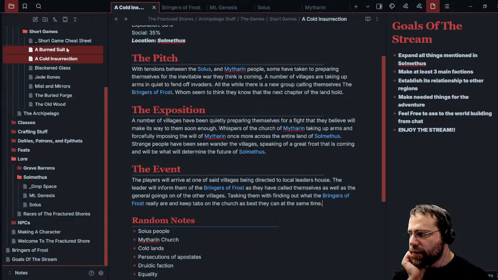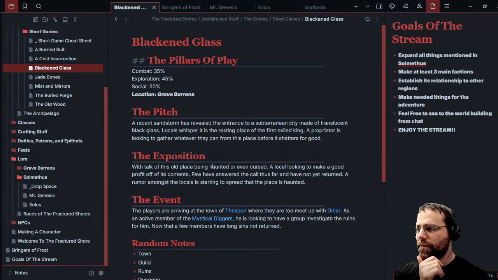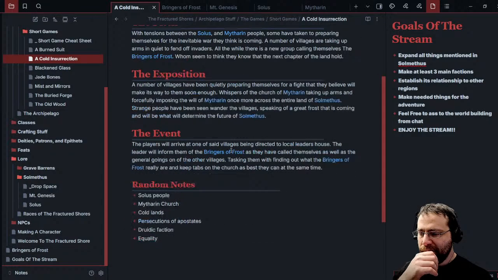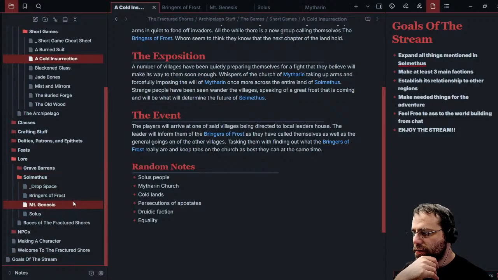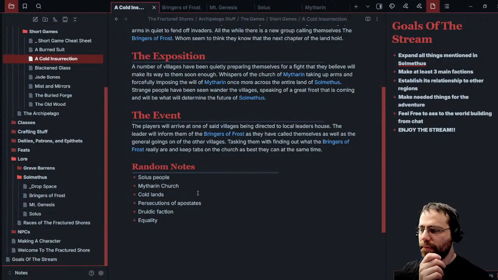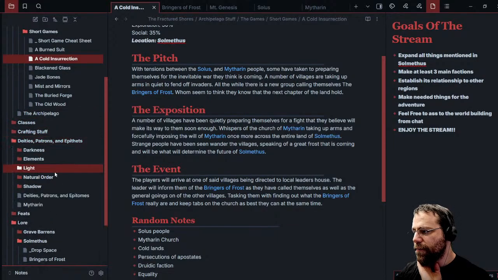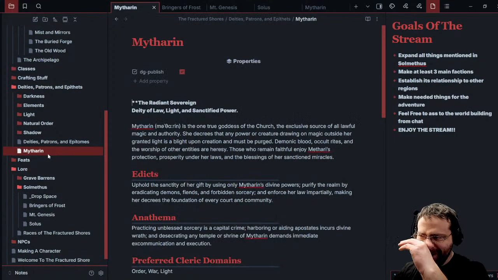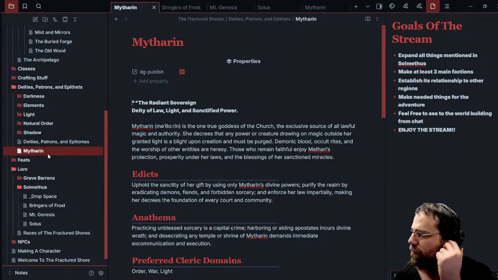Because the one that I did before, which was Black and Glass, it's fine. So, a few things that I need is, I have the stuff for the church already because I have the actual Matharan deity. So